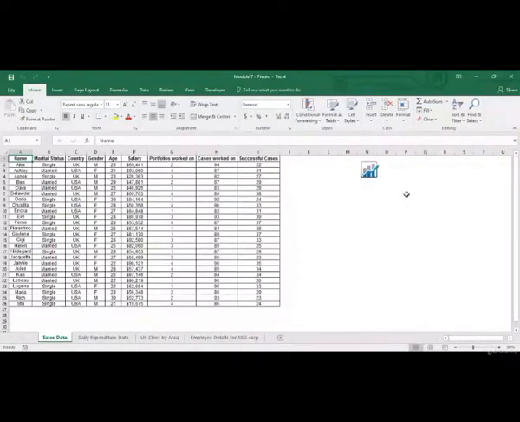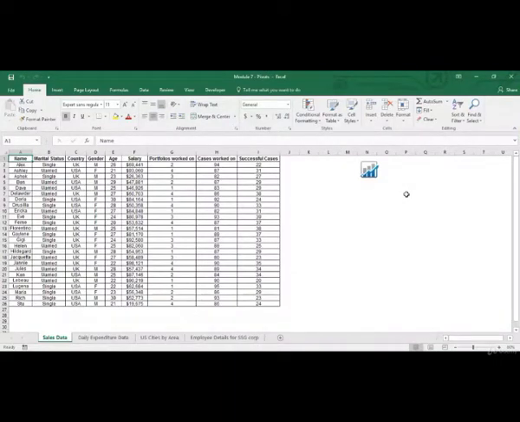Hi, in this module we'll discuss pivot tables. Now I've broken down this module into different sessions, and in the first one we'll discuss what pivot tables are. Then we'll also discuss a couple of ways by which you can create a pivot table, and then we'll also discuss its structure.